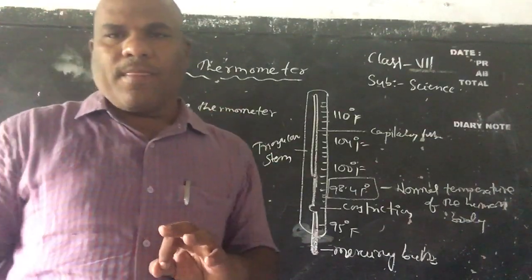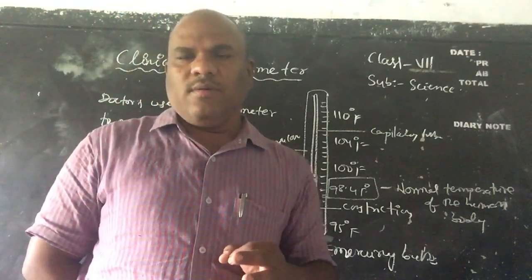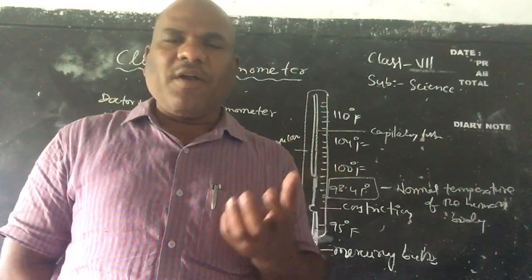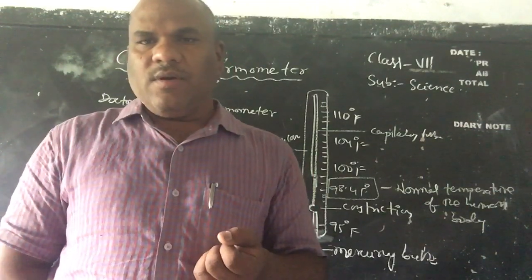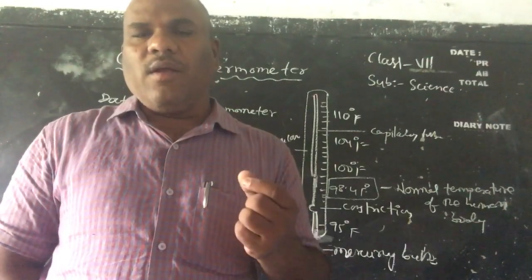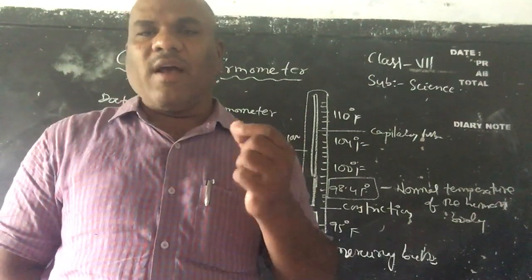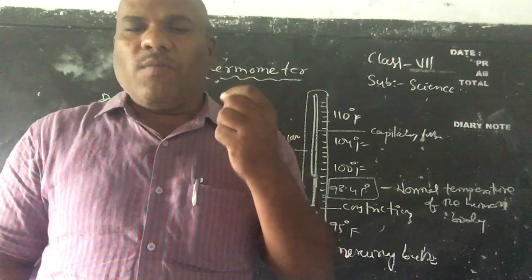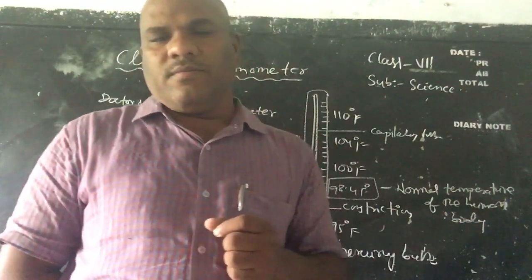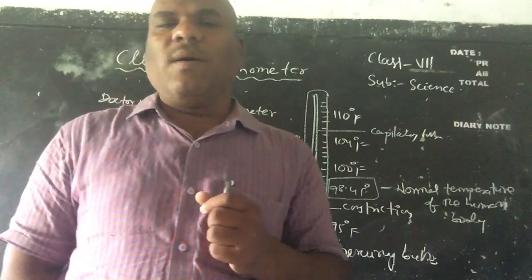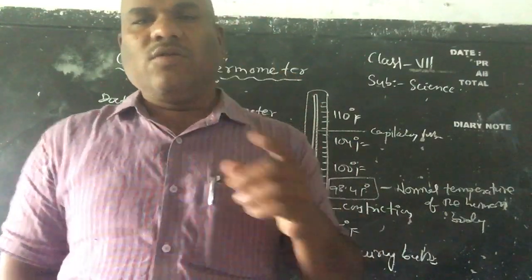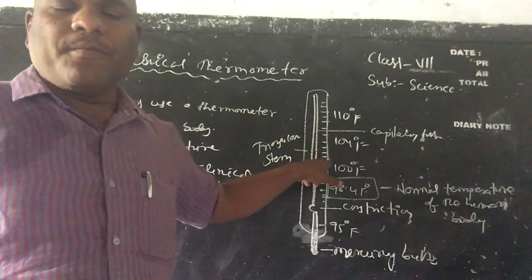So whenever we suffer fever, obviously our body gets a high temperature. Without any device, we cannot say absolutely the temperature that the body has. So to measure the temperature accurately, doctors use a thermometer to find out the temperature of our bodies. It is called a clinical thermometer. So this is a clinical thermometer, children.